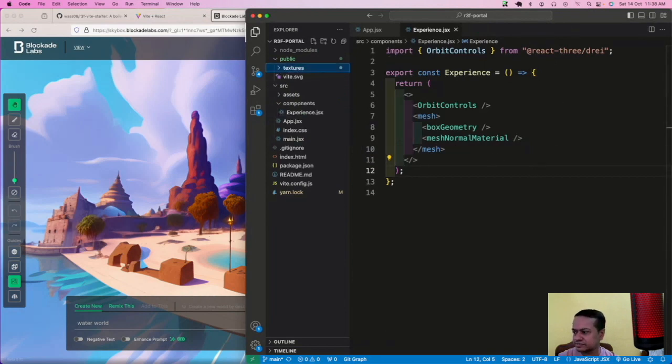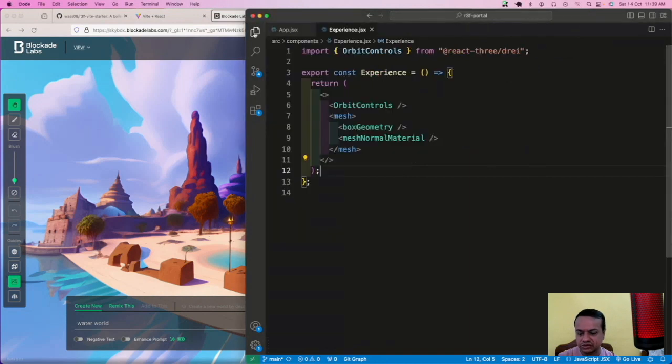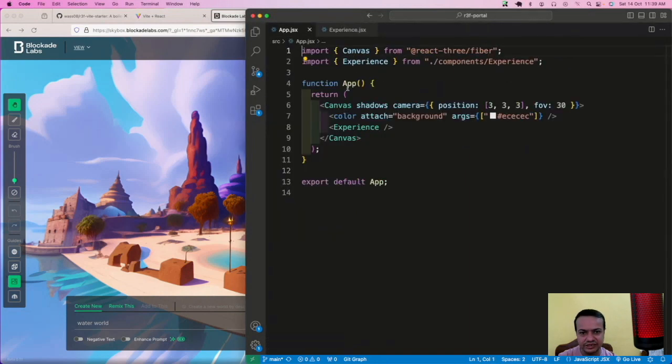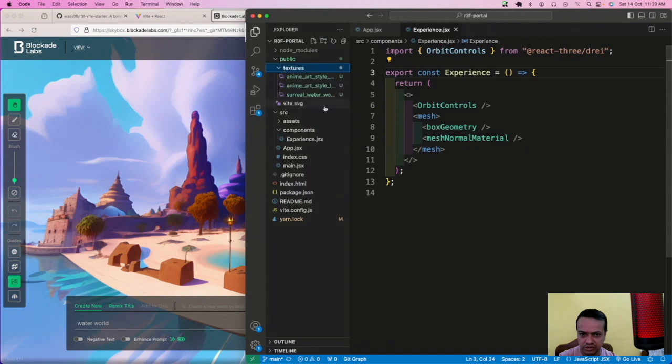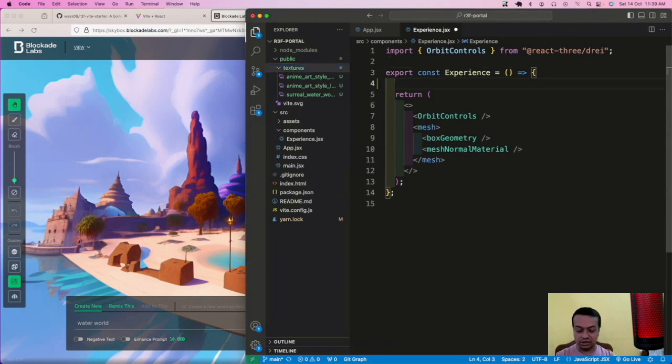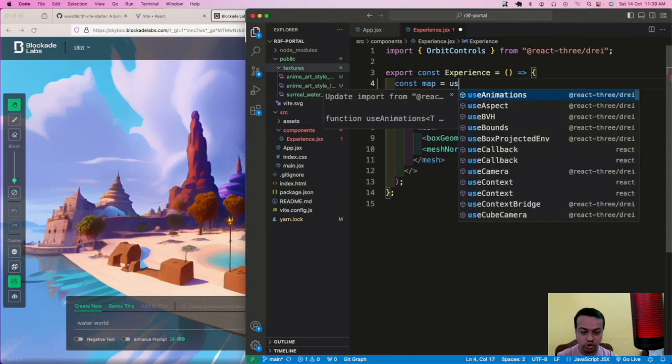And now the next thing which we are going to do is first change the experience. Because experience is the thing which is coming from the App.js, we'll go and use one of the worlds. Let me open this also, so that you can see. So the real world, maybe I will use this one. So I'll go here in this experience and do const map equal to